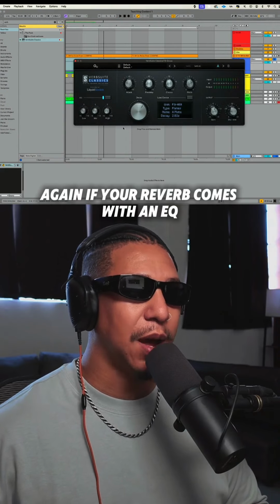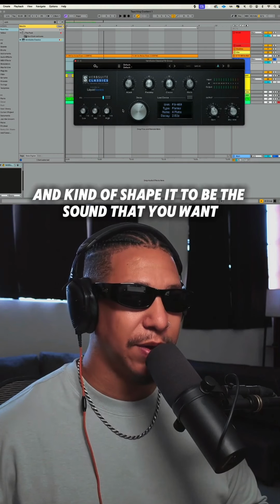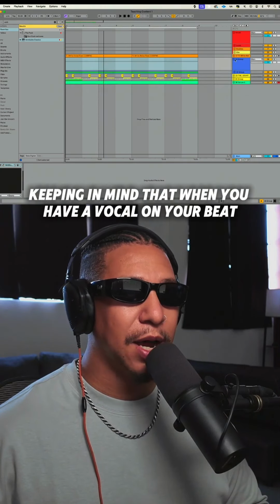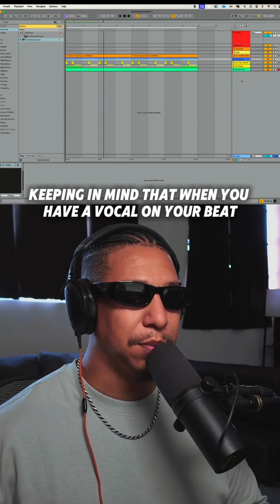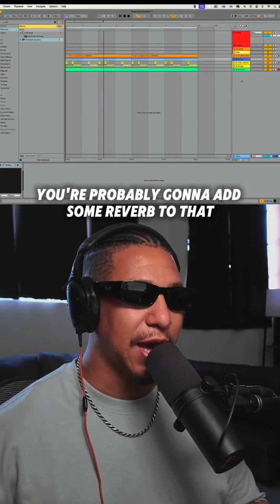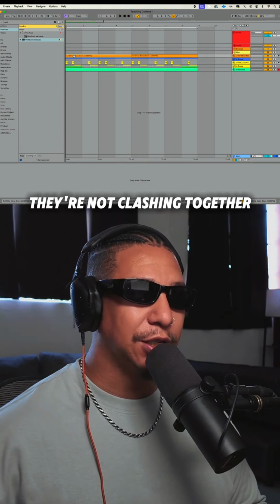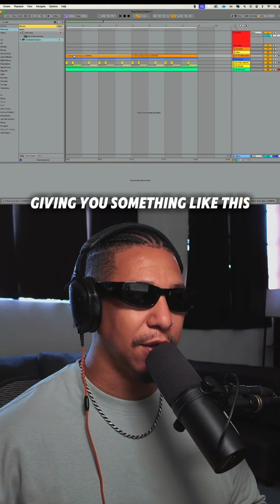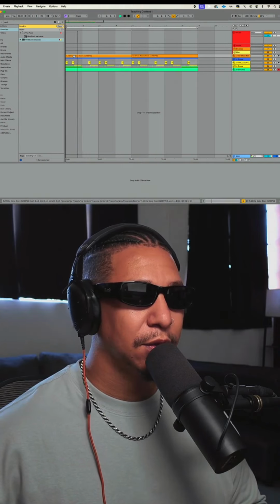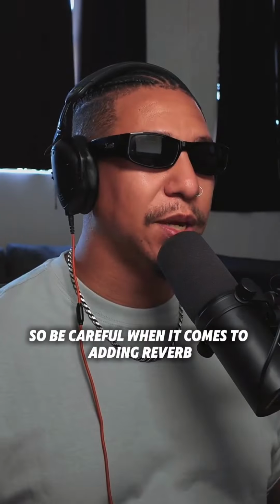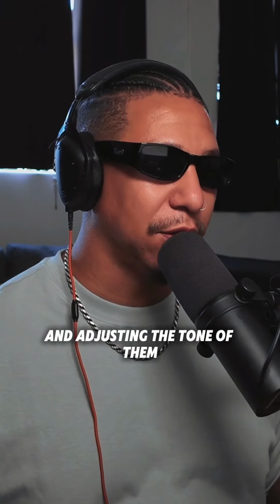Again, if your reverb comes with an EQ, get in there and shape it to be the sound that you want. Keeping in mind that when you have a vocal on your beat, you're probably going to add some reverb to that. When it comes to all of your different sounds and adding those reverbs in, they're not clashing together, giving you something like this. So be careful when it comes to adding reverb and adjusting the tone of them to make them fit